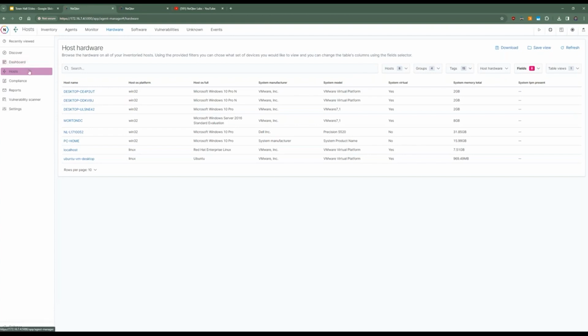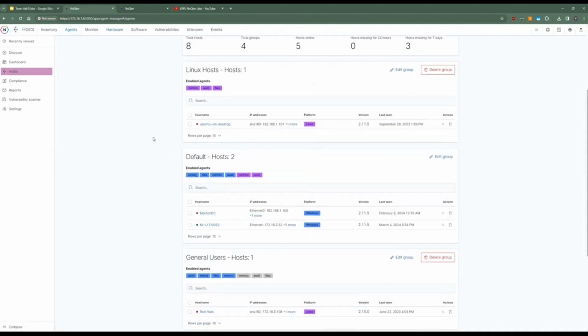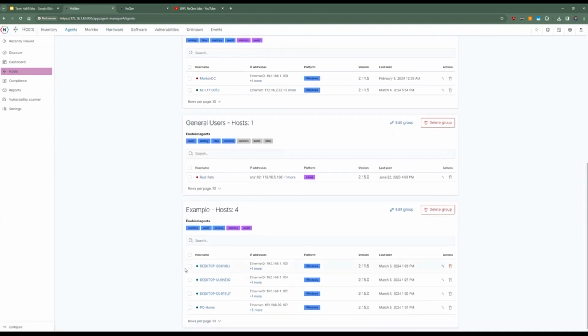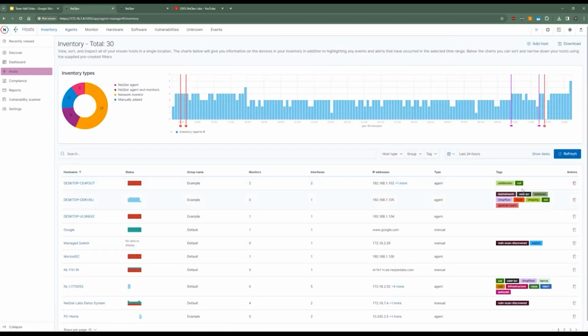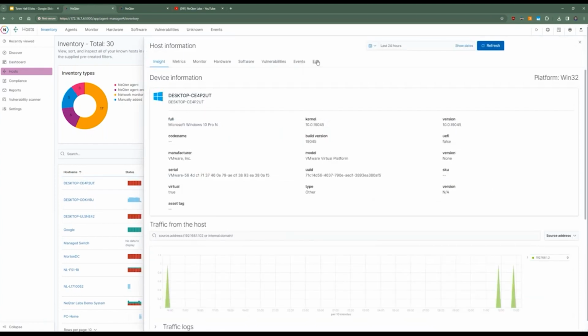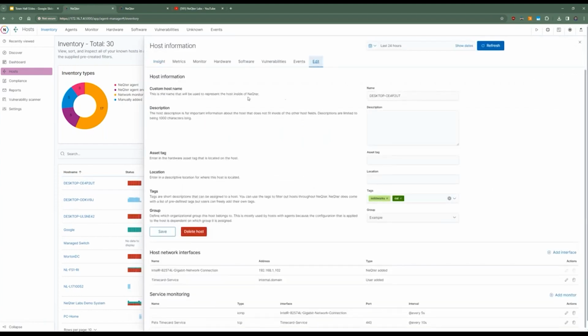So in the hosts area, and I know you've been with us a while, Mark, and I'm sure you remember the old school OCS inventory that we used to have. So with this new inventory area that we have, when you have a host that has an agent, all the agents get fed in, all the hosts get listed out under the agents area, and of course get listed out in this inventory area here. What you're able to do, so we can see visually these tags here, these are dynamic tags that if you go into a host and you go into edit, you're going to be able to do a couple things.